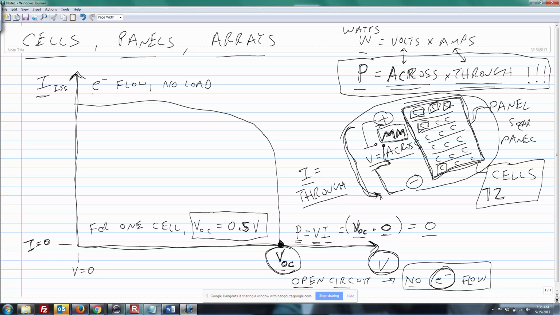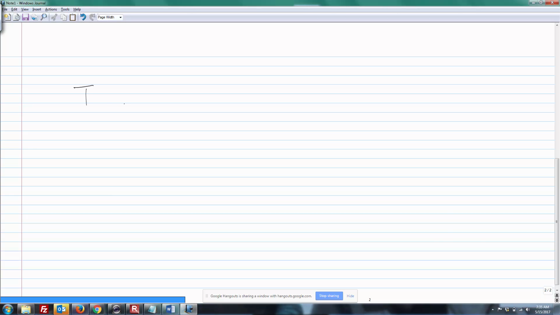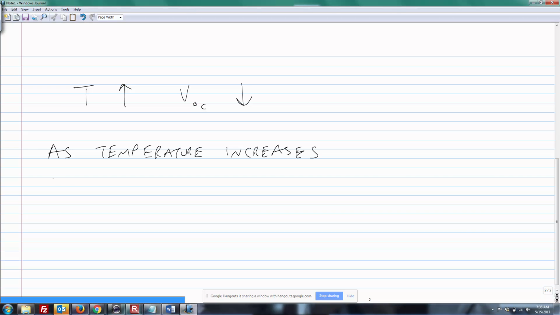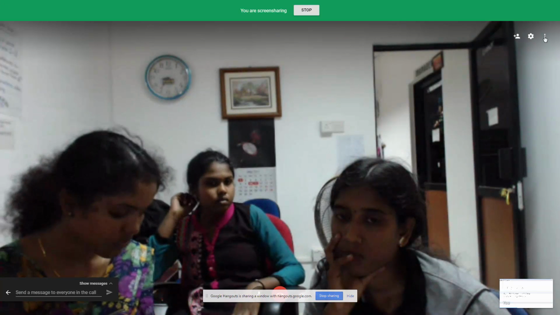But we also know that as the temperature rises, so as temperature goes up, VOC goes down. So this is as temperature increases, voltage decreases. Okay, so as temperature increases, voltage decreases. That's very important. So that's what I've shown here in this cell, in this